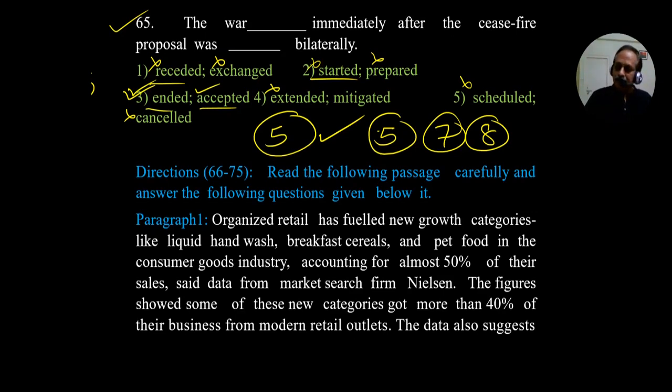Today I may spend 15 minutes more. It may take a lot of time. 66 to 75. This is a passage related to organized retail business and the products that go with FMCG. What do the letters stand for? Fast-moving consumer goods, FMCG, and usually they go with the retail business. It talks about the supermarket, the hypermarket, and the kirana store in the neighborhood, and the channels, the latest trend or the changes that have been taking place.